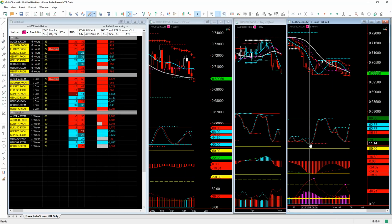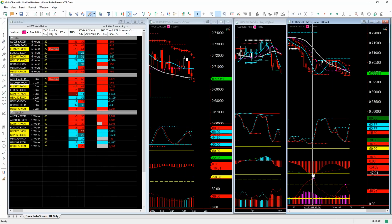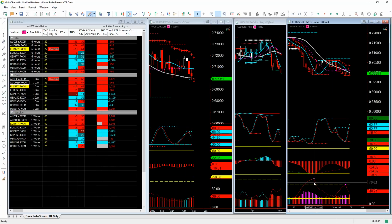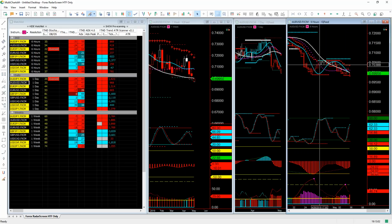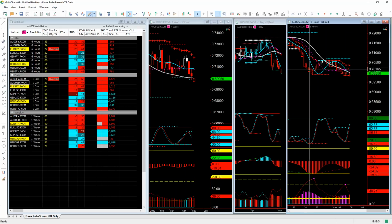So in this case, do you see how the stochastics was overextended? The RSI was overextended. The ADX is overextended. This is where this would tell me that if I'm a counter trend trader, I could counter trend that back to the ATR, which is the red plus sign. But in this case, okay,